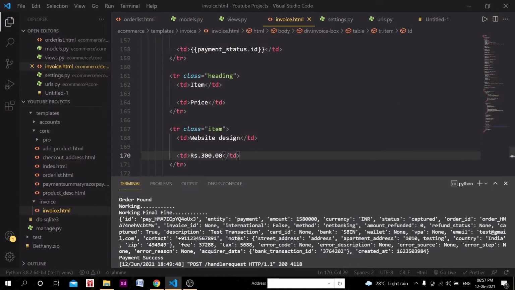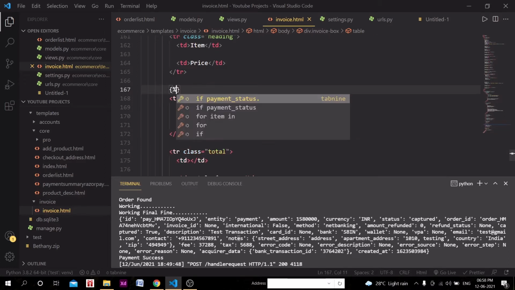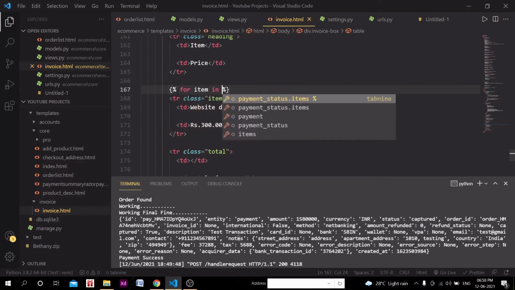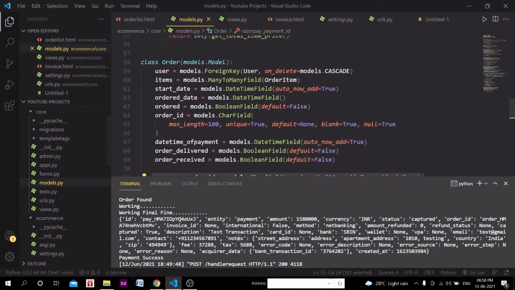Okay, now what we can do here, we can loop these objects, as many items as there are in the order, we can loop through that. So for item in order.items.all. I think items was there in, let's go to the models.py file.